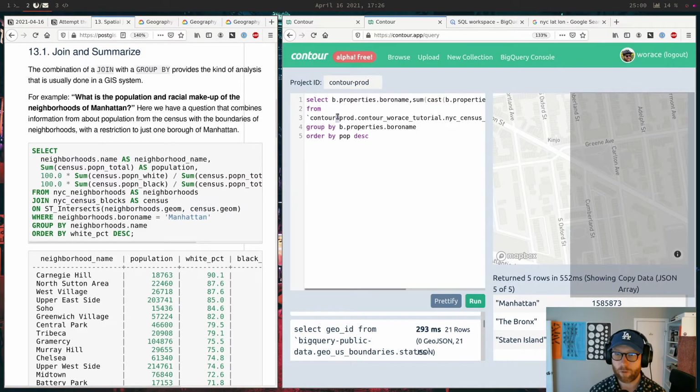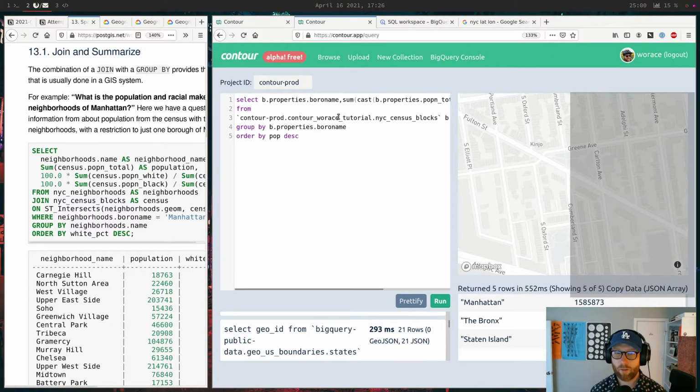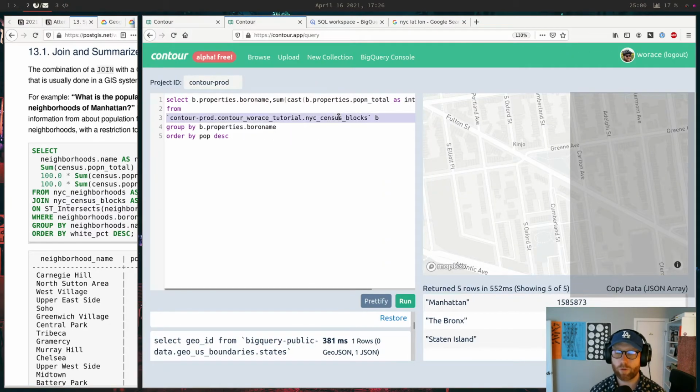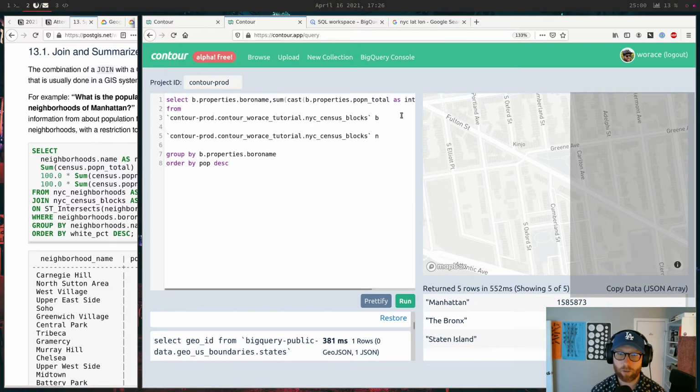Let's do this from census blocks. I'm just going to do a simpler one. Total population by neighborhood in Manhattan. Okay, so from blocks B, join neighborhoods in on ST_Intersects. Should it be intersects or contains? I guess contains.